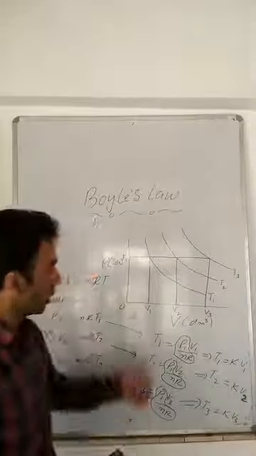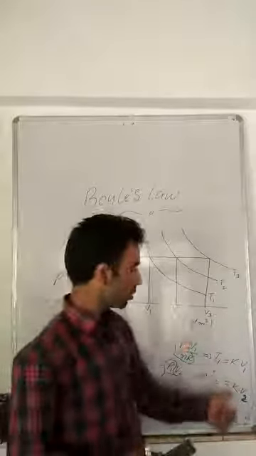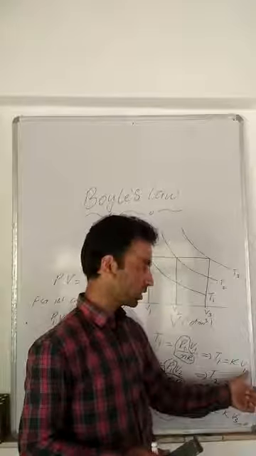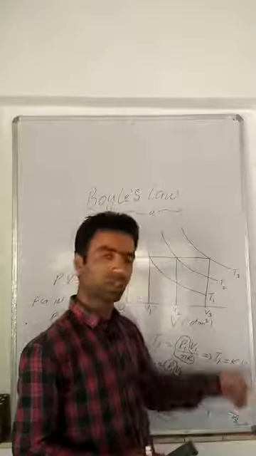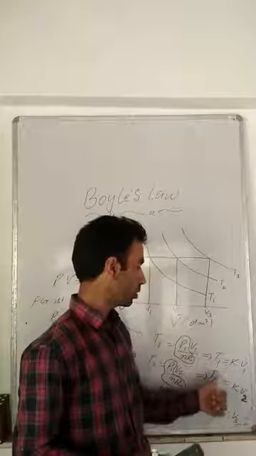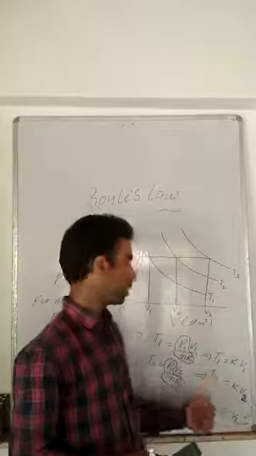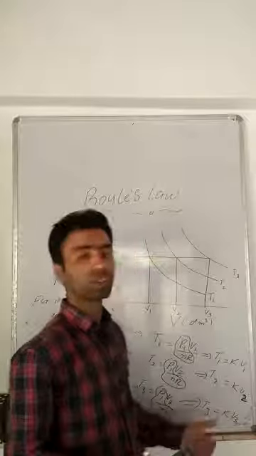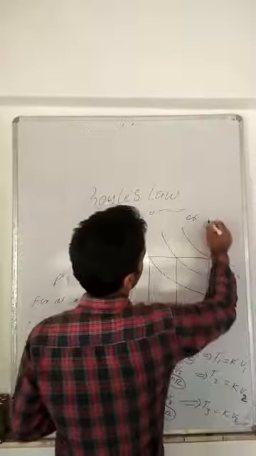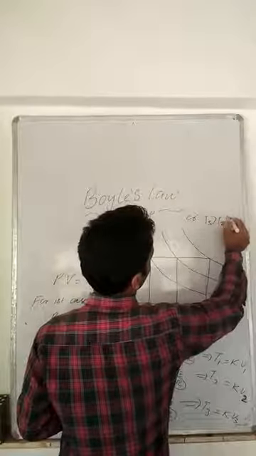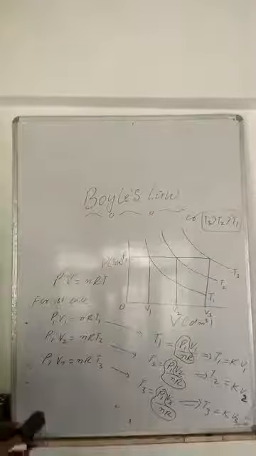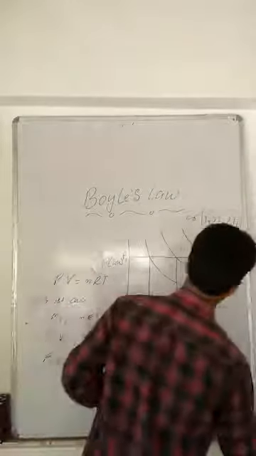Now looking at the magnitudes, which of the three is higher? V3 is higher than that of V2. V2 in turn is higher than that of V1. So in turn we can say that T1 has a lower magnitude as compared to T2. T2 has a lower value as compared to T3. Or in crux we can say that the temperatures, it is T3 greater than T2 greater than T1. So this is very important. From a competitive exam point of view, this is very important.